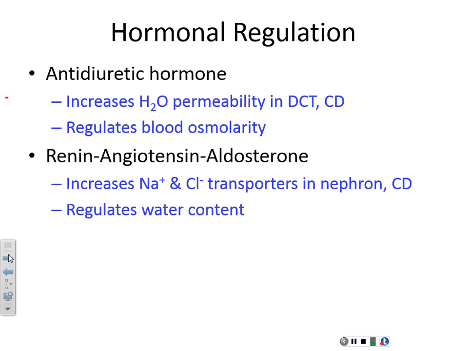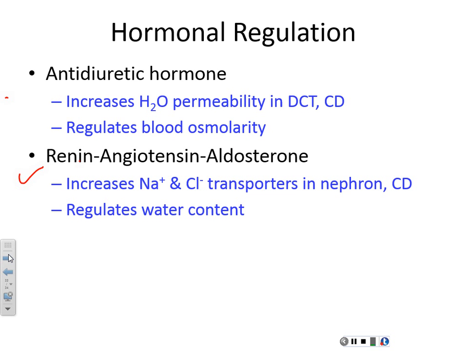For these hormones, I really want you to look at my summary, okay? Because that's what I'm going to ask in the exam, okay? And it increases permeability to water, okay? And it deals with osmolarity, because the water dilutes the ions. And then the renin-angiotensin system regulates water content, okay? I know it's kind of counterintuitive, when you think the antidiuretic hormone doesn't deal with water content, it deals with osmolarity, okay? So this one, the end result is that renin produced by the juxtaglomerular apparatus